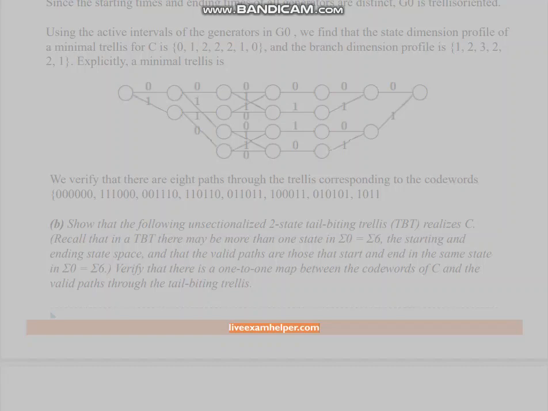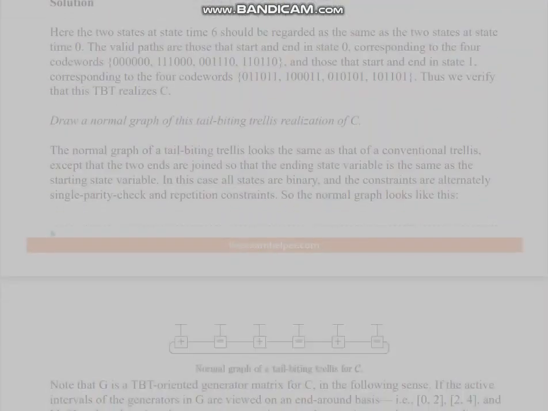Verify that there is a one-to-one map between the codewords of C and the valid paths through the tail-biting trellis. Solution. Here the two states at state time 6 should be regarded as the same as the two states at state time 0. The valid paths are those that start and end in state 0, corresponding to the four codewords